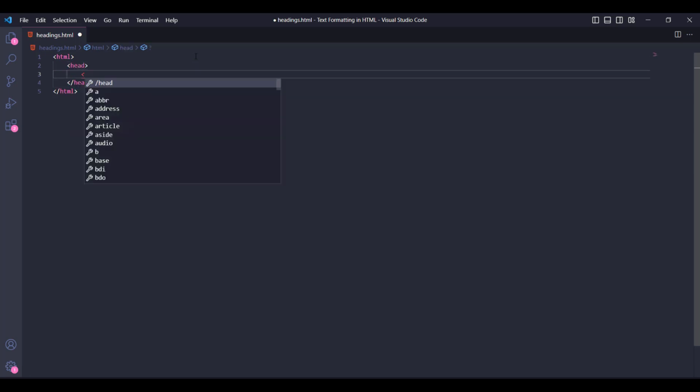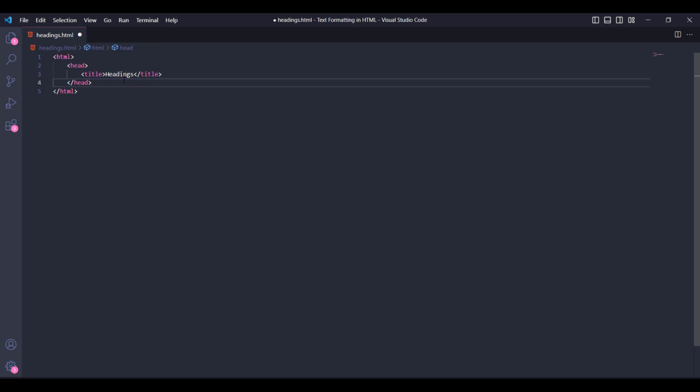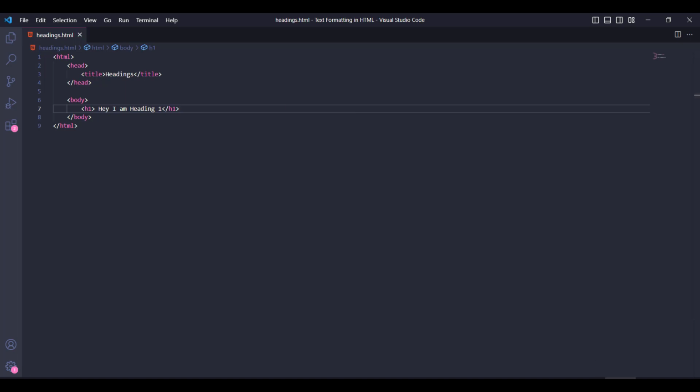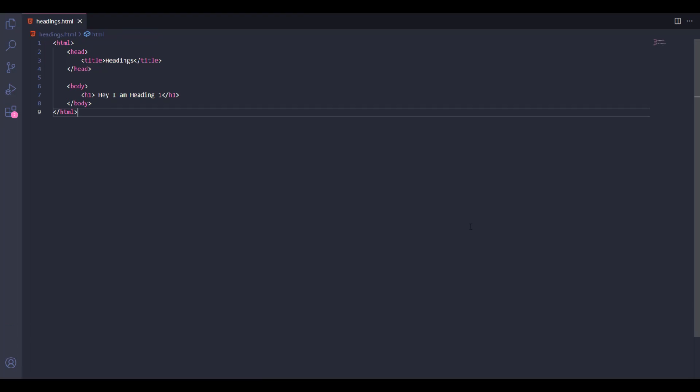Inside we need title, headings, give some title, and then inside body, create a heading, maybe H1. Hey, I am heading 1. And if you save it